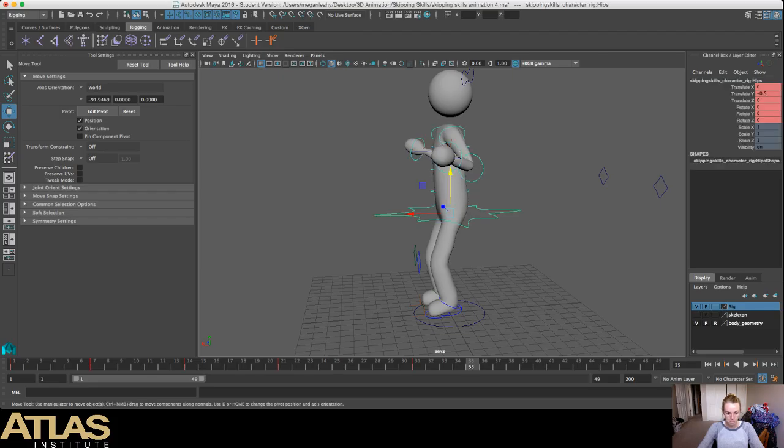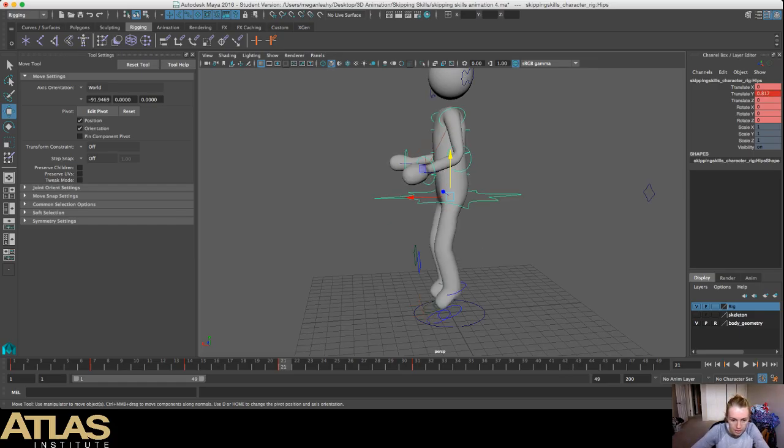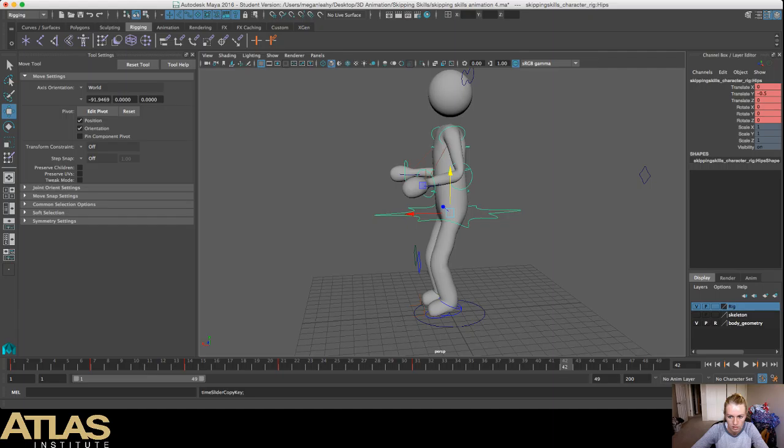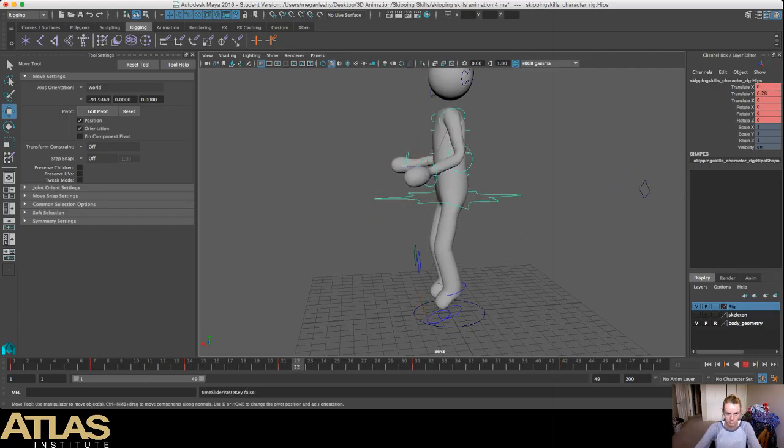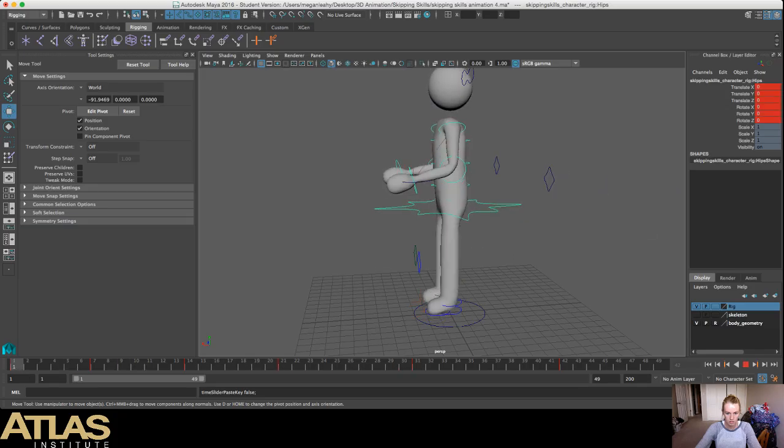Okay, so I think I'm not sure why I decided it would be a good idea to put him landing at 31 frames, because it seems like he should be in the air again at 35. Or maybe he doesn't go to the air again until 42. Yeah, that seems good. Now I just have to